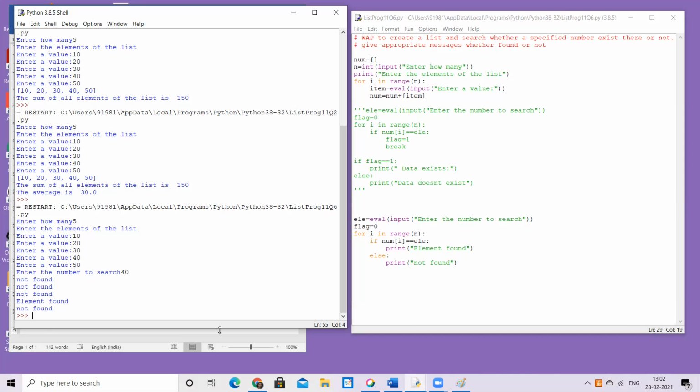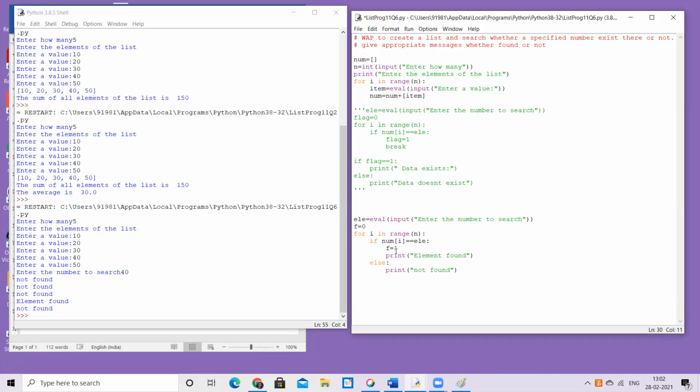So what do we do? We just take a variable with any value, which is its current value. Whenever you find an element, you just change that value. Suppose I'm talking about this as a flag, because we call it a flag character, so I'm taking the name as flag. Otherwise you can take any name, it's just a variable for that matter. And I'm saying please change the value. So it was 0, now I'm saying it's 1, so it's just an indicator.